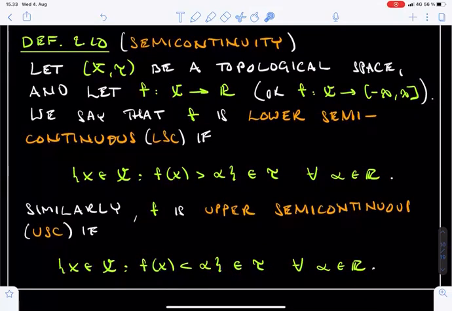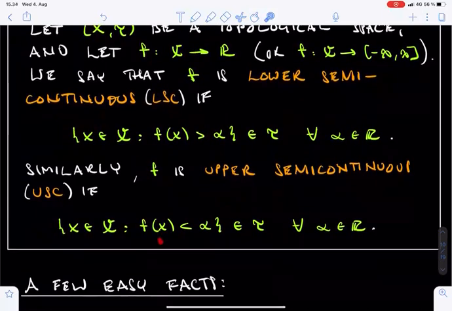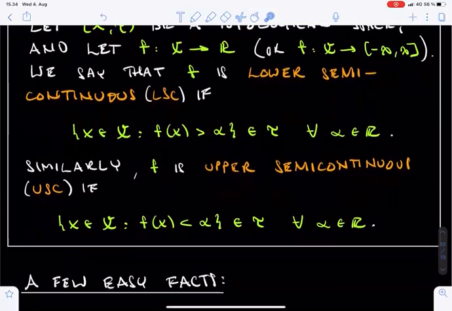I have always struggled to remember which of these conditions means lower semicontinuity and which of them means upper semicontinuity. The idea of lower semicontinuity is, as far as I understand, that if f(x) is strictly larger than a lower bound alpha, then you can shift x around a bit and you are still lower bounded by alpha. Upper semicontinuity implies a similar statement about upper bounds.